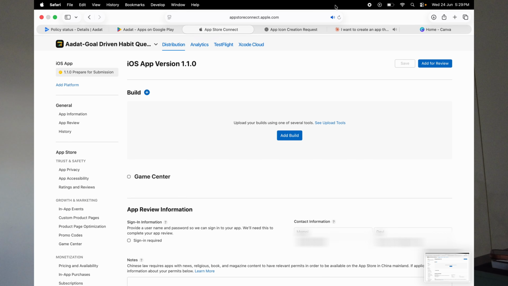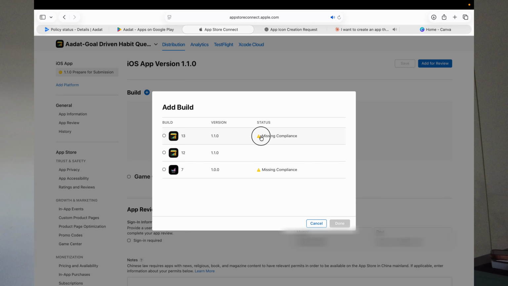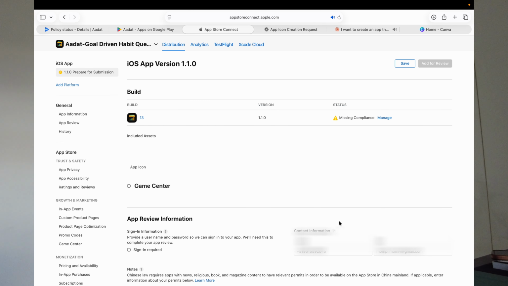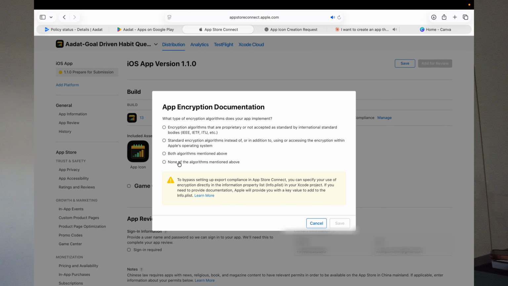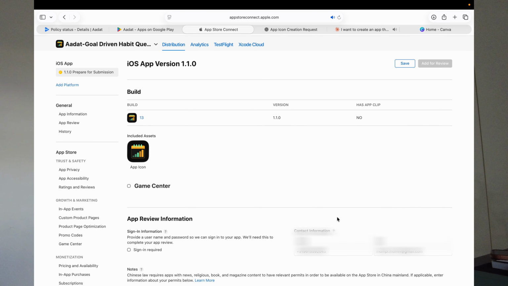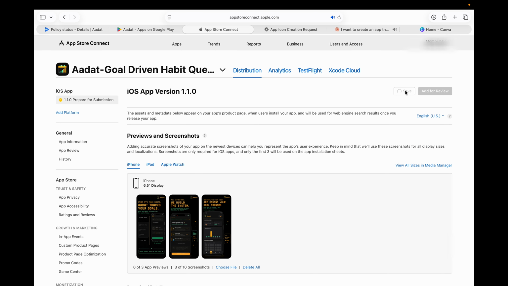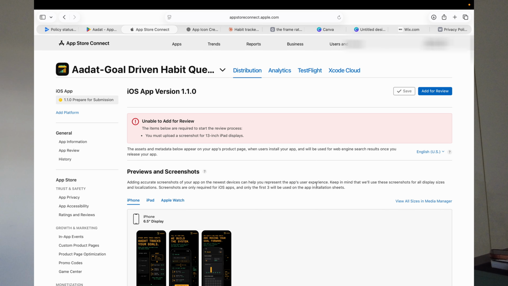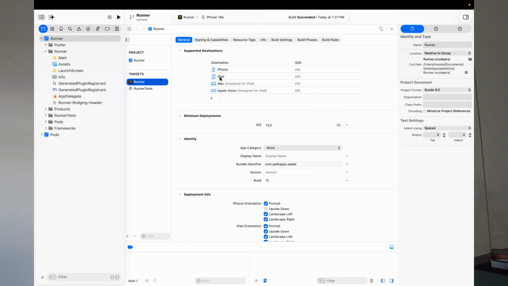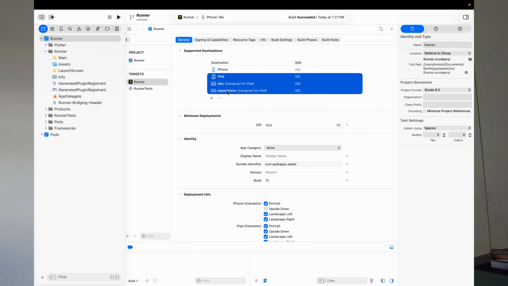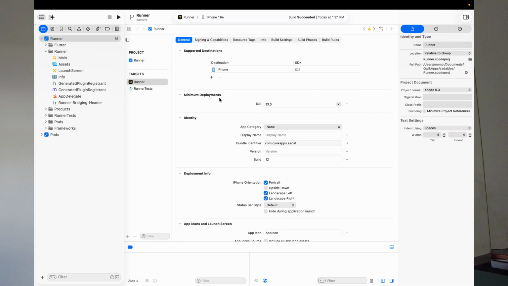As you can see in the screen, once the app is ready, you will be seeing a screen like this where there'll be some missing compliance. Since I don't have anything related to encryption, I'm choosing none, and then I'm going ahead. As you can see, I got an error saying I must upload for 13-inch iPad. Right now I am not supporting any other devices. I'm just supporting iPhone. So I'm removing all the devices apart from iPhone,